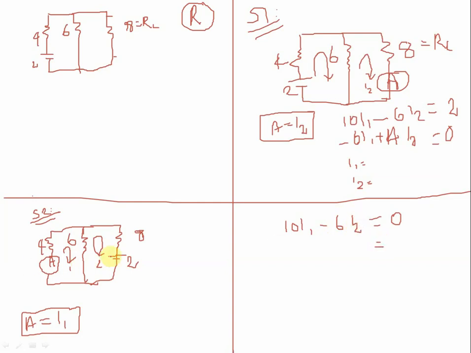Then next, in the second loop, see here how many I1s are there? Minus 6 I1. How many I2s are there? 6 plus 8, 14. So plus 14 I2. Plus 2 is here, so move to the opposite side, minus 2, very important. So move opposite, minus 2. So that is equation number 2.